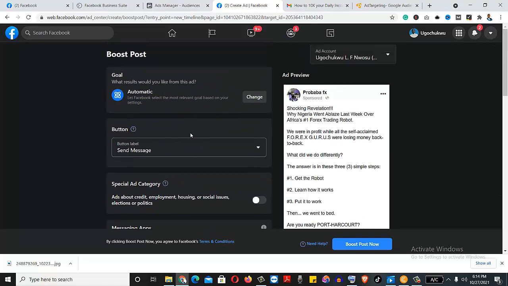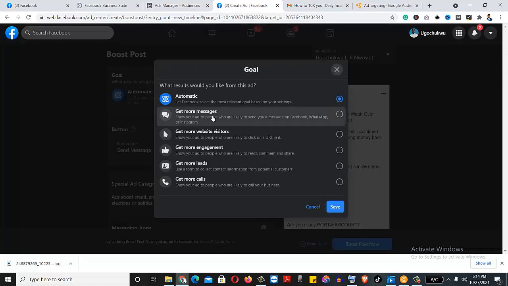In that case, what we need to do is to come here, go to goal, change goal. Let Facebook select a most relevant goal based on your settings. I said no, I don't want that. I don't want it automatic. What do I want? Do I want messages? If I want messages, I'll click get more messages. Show your ad to people who are likely to send you a message on Facebook, WhatsApp, or Instagram. This is exactly what I want,